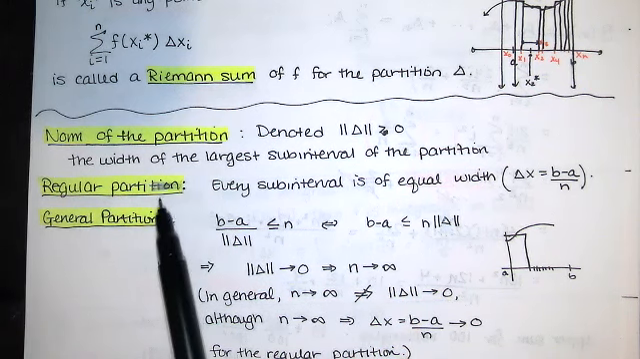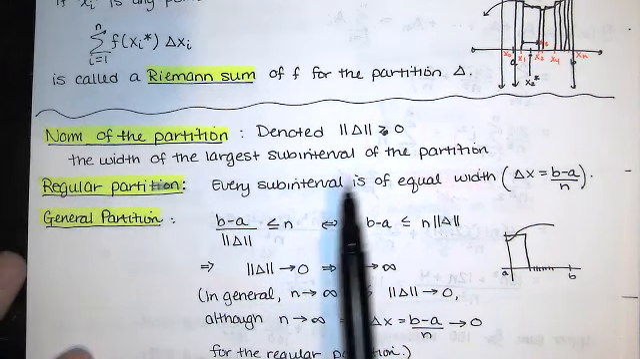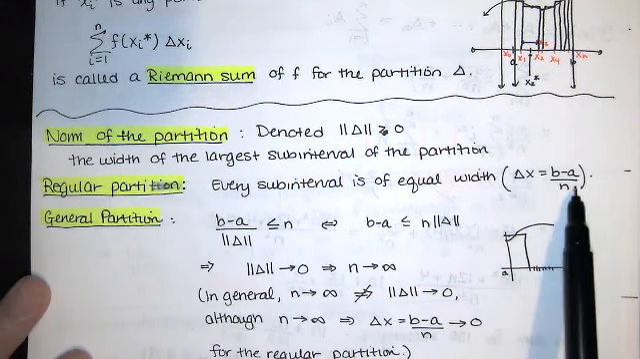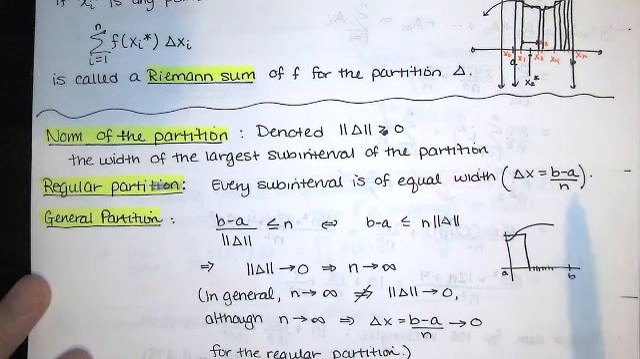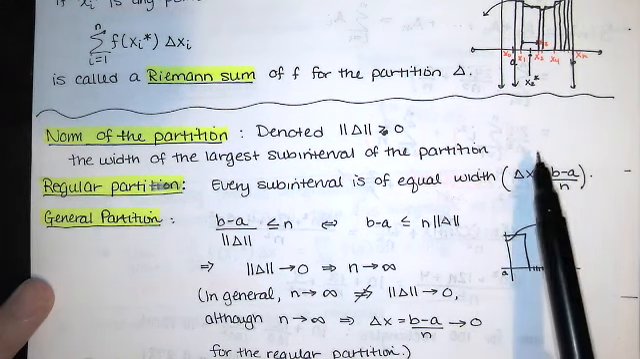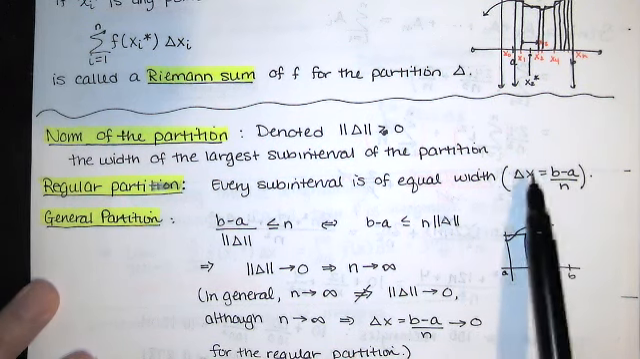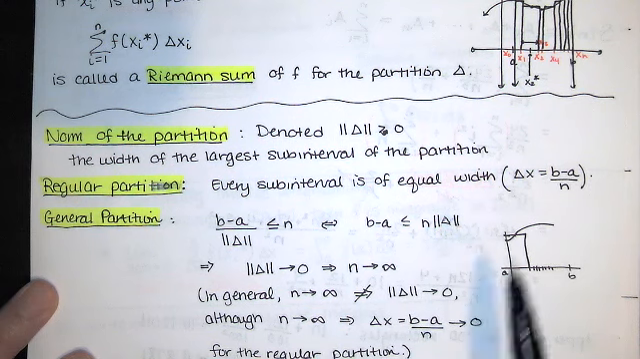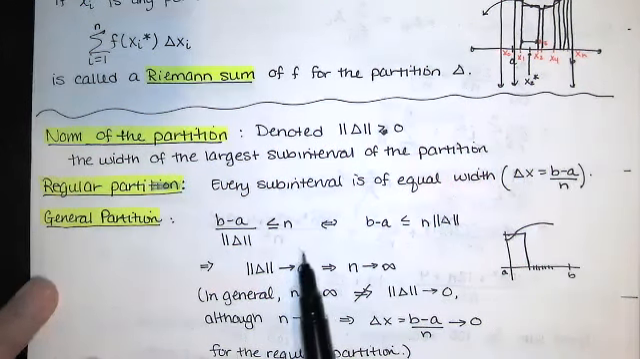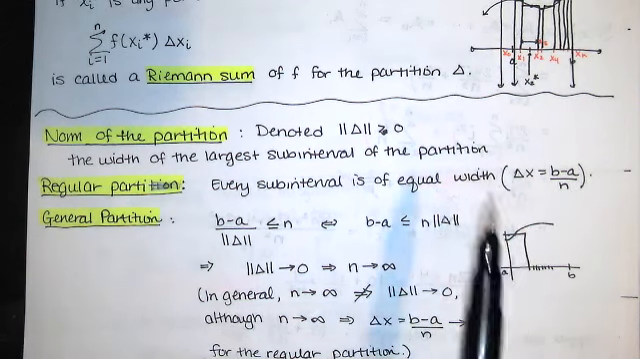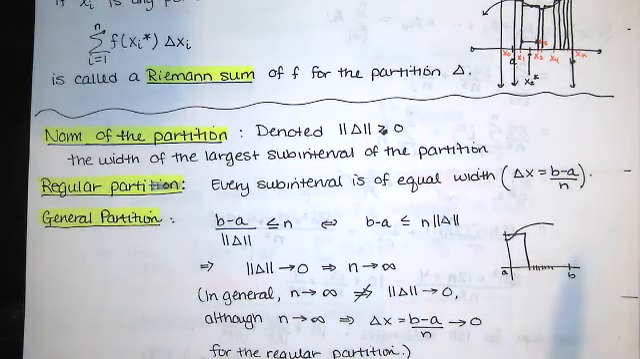Now, if we have a regular partition, like the partitions we've been talking about with our upper and lower sums, as n goes to infinity, delta x does go to 0. So that works. This is a special case of a Riemann sum, because as n goes to infinity here, delta x goes to 0, and if delta x goes to 0,